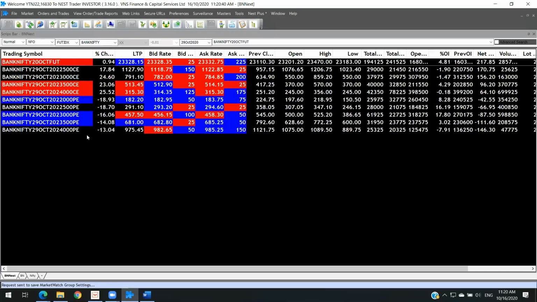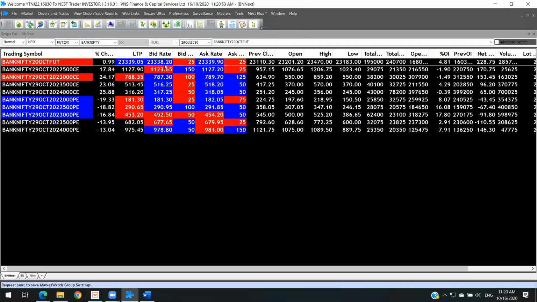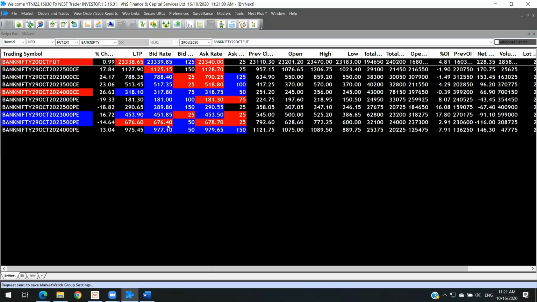Why I have done it in this order? Because it is always easy for me to track. So on the top, I know it is the C, on the bottom it is the P. And moreover, I know the out of the money will be in the center and then deep in the money will be in the far. That way I will know where I needed to choose whether it is a CE or PE, which one to choose in the far or ITM.